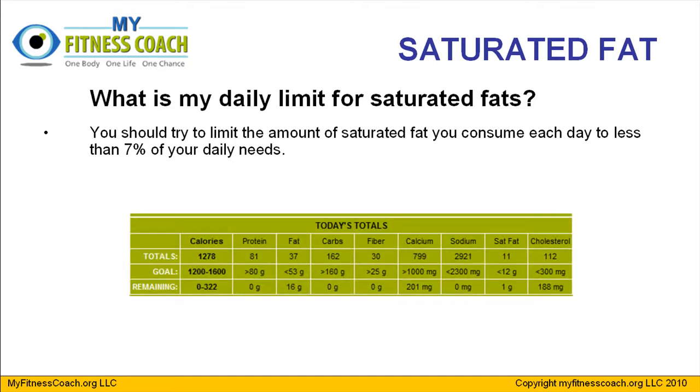So what's cool about your journaling is that your saturated fat is going to be calculated for you. The first thing you need to be aware of is your upper calorie budget number, which in this example was 1,600. What the journal automatically does is calculate what 7% of that is, and that goal right there that you see, less than 12 grams, would be this person's goal for consuming saturated fat per day.